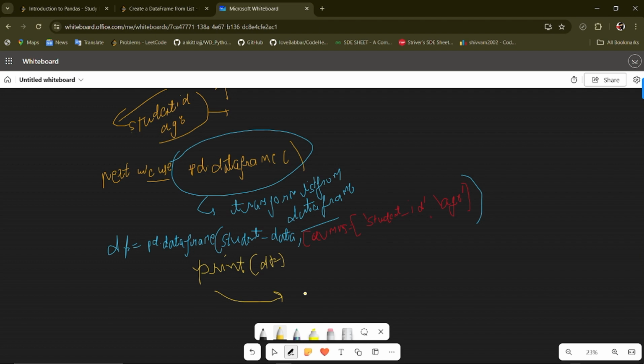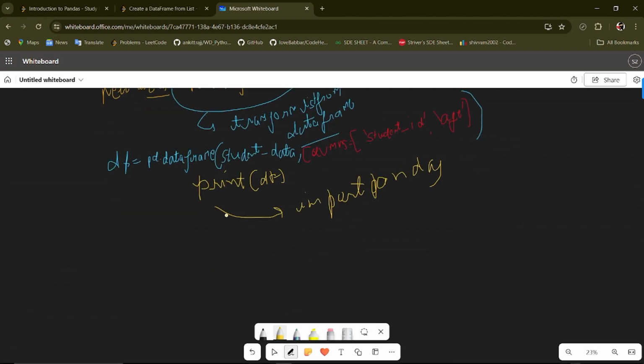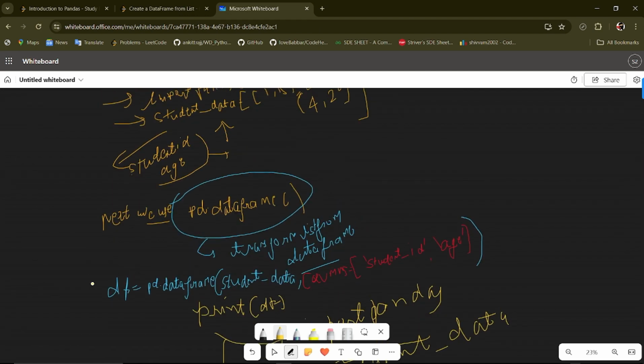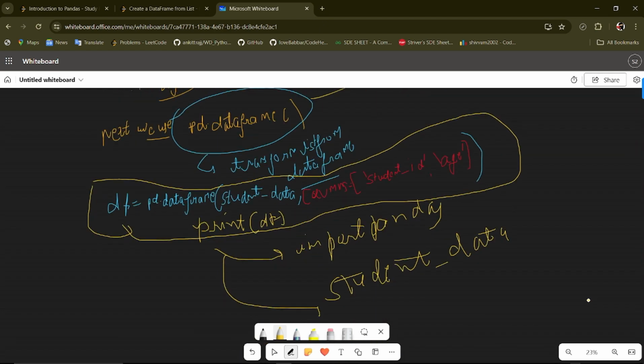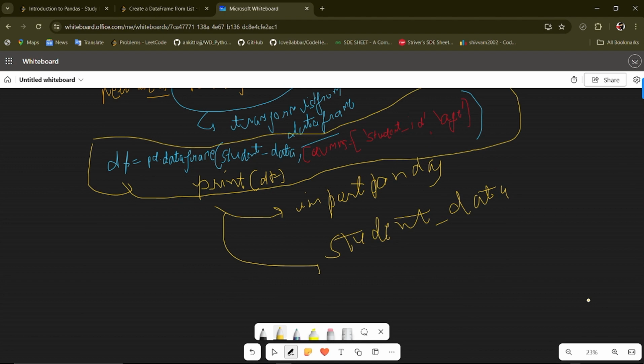First step, import our pandas library. Next, we have our student data, the standard data load.